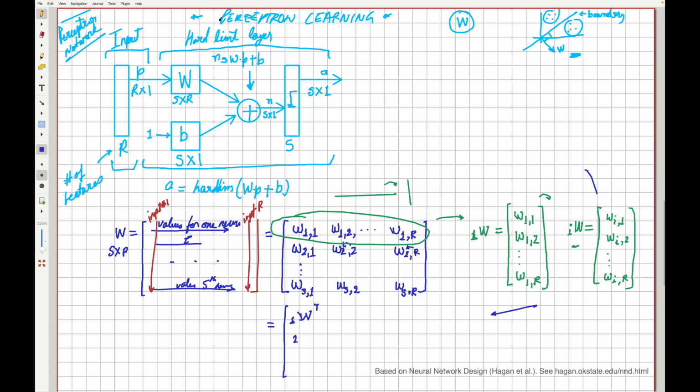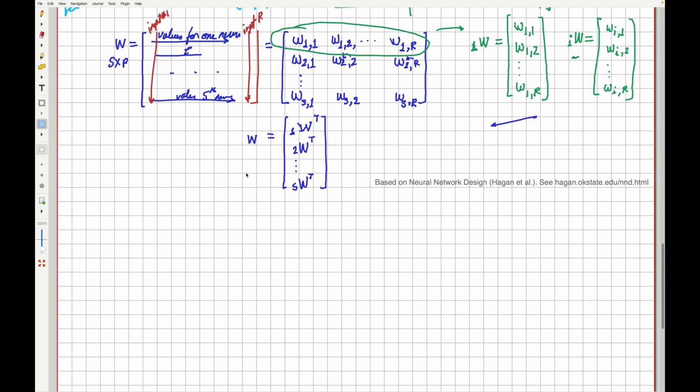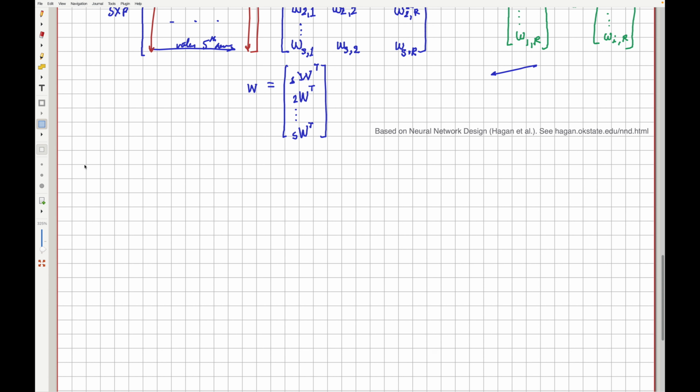Likewise for the second neuron, we have the W, and again we put the T for transpose, and finally for the Sth neuron, we say S, then we have the W, and we use the T for transpose. So that notation we would be using in this video to represent the W as we go through the iterations of updating it. And finally, the A, which is the network output for a particular neuron, can be written as